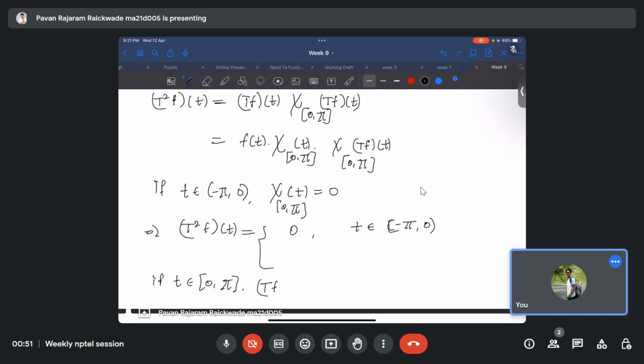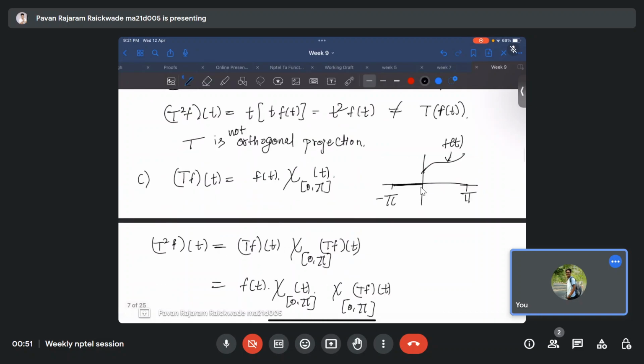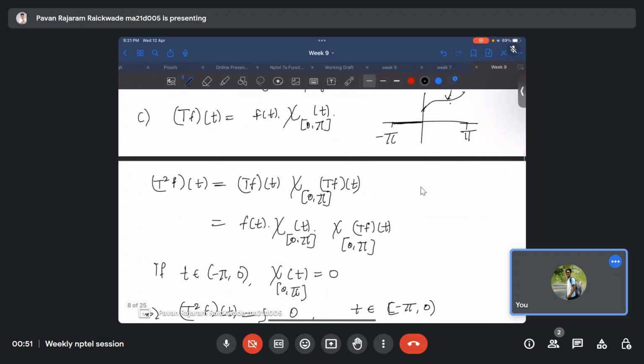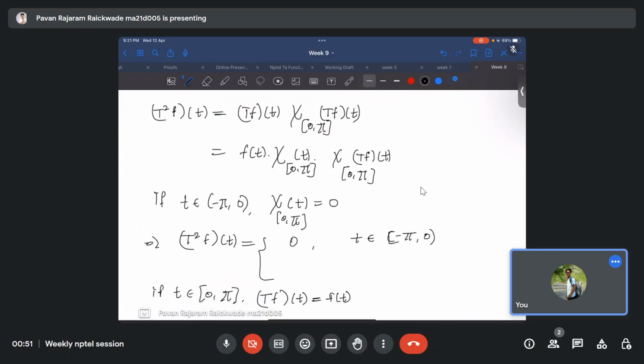We have Tf at t equals ft, correct? So we need this to be 1 at t from 0 to pi. That means Tf